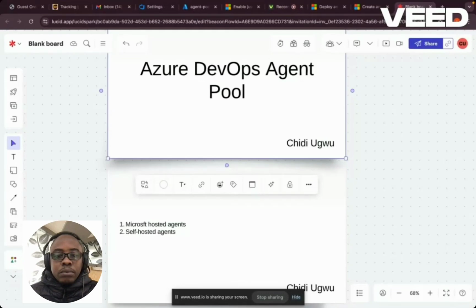So today I'll be giving you a walkthrough on Azure DevOps Agent Pool. This is based on popular requests from our audience from the Azure DevOps Bootcamp that we are doing. So it has come to our notice that most of our audience don't really understand how to use Azure DevOps interface. So while we're handling some other critical deployment scenarios like AKS, infrastructure as a code deployment, and the rest,